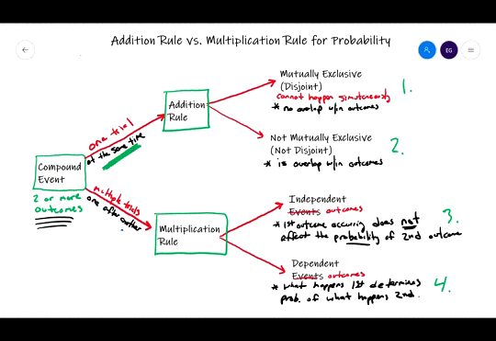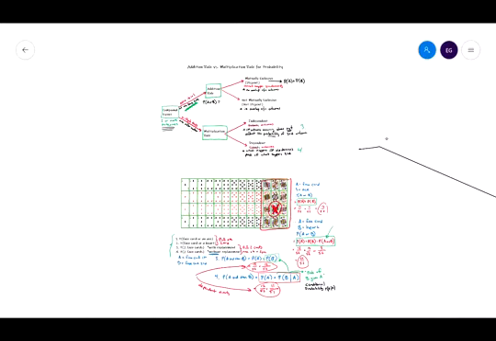In which case we use the addition rule, which is the probability of A or B is equal to the probability of A plus the probability of B if the events are mutually exclusive or disjoint. And if they're not, if there's some overlap, well then,